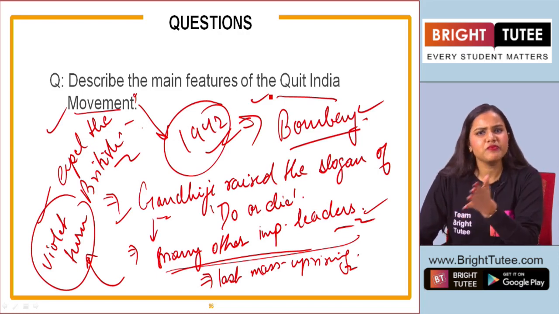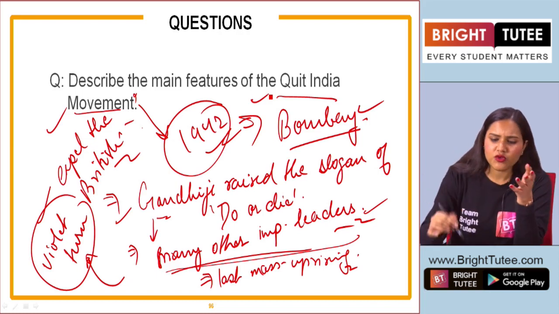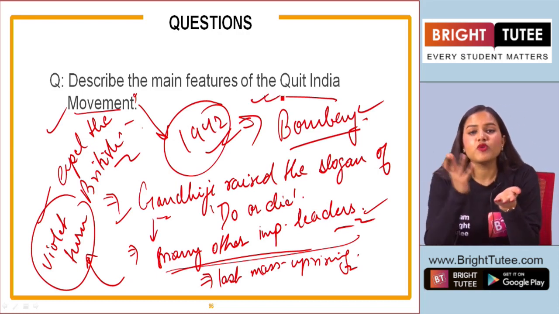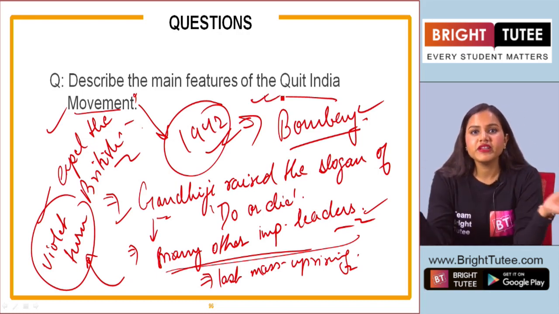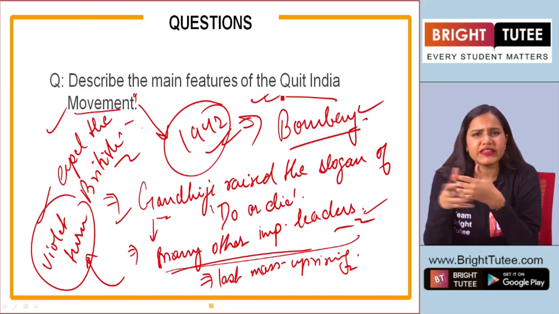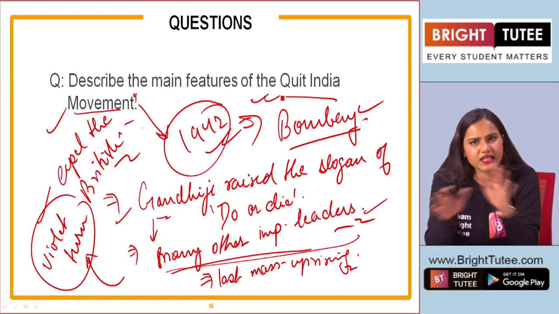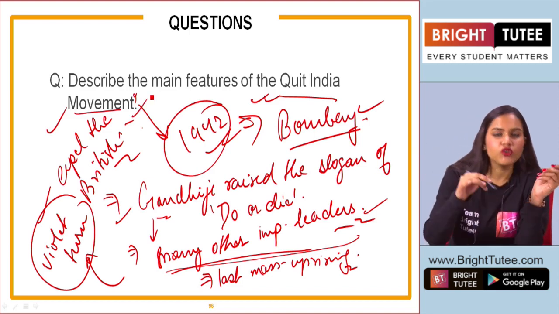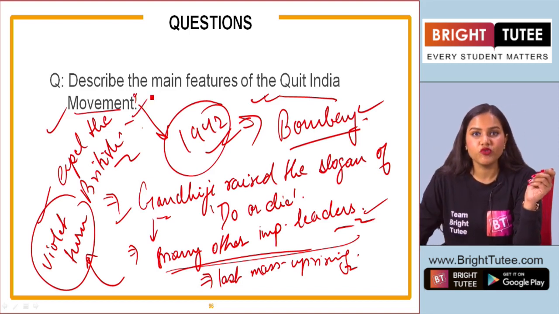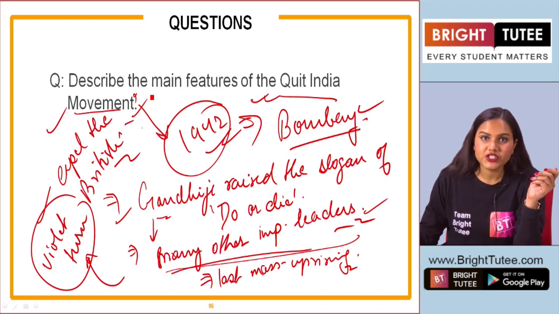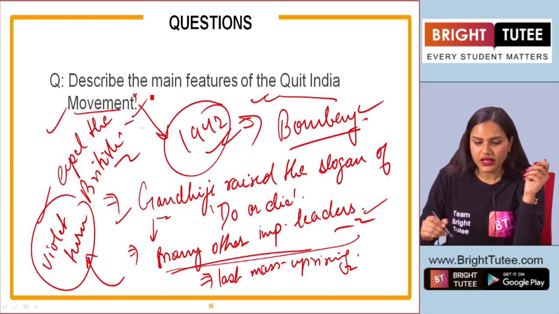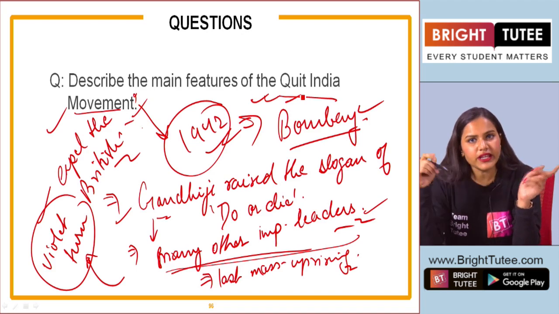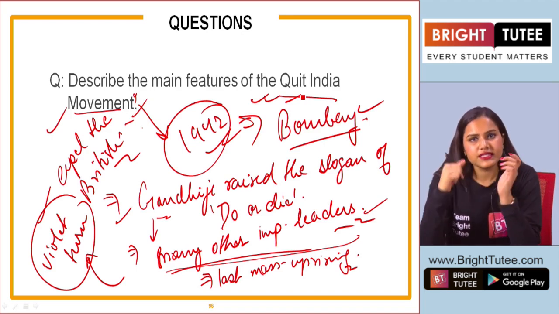Because after that, many plans were made, and the political leaders and the British government were trying to come to an agreement. Negotiations were taking place and things were happening. But no large-scale movement took place after the Quit India movement. It was only the partition that happened after the Quit India movement, in the year 1947.